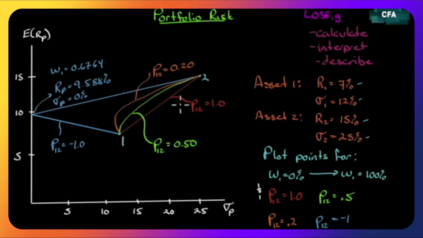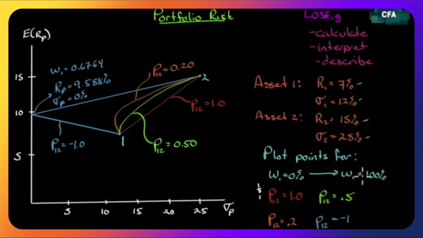The thing you need to notice with this correlation of 1 is that every time we reach for return, we add risk. Every time the risk increases. So there is no benefit to diversification here because you're not ever reducing risk. You're simply getting higher return, but you're also taking higher risk throughout the whole line between weightings of 0% to 100%.